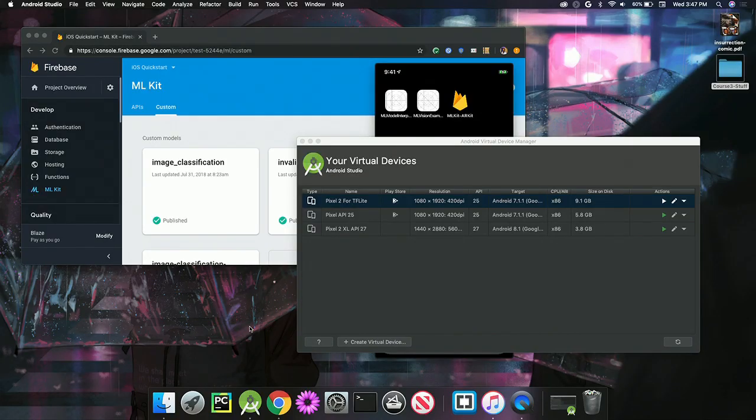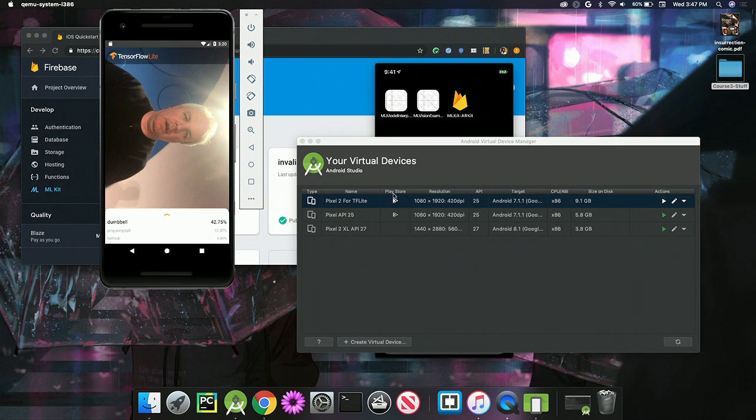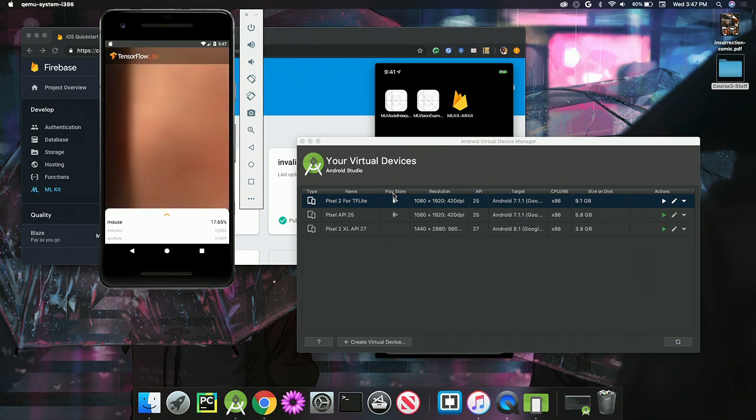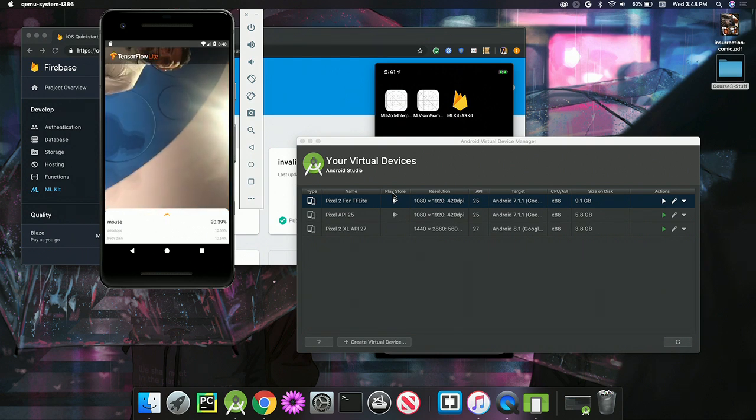All righty, so I'm actually going to run this on the Android emulator. What we can see running on the Android emulator now is a little app that's running in TensorFlow Lite. It's an open source app. You can go and download this now if you like. What this is doing is grabbing frames from the webcam. It's emulating the webcam using the front camera on my laptop, and then it's classifying those frames using MobileNet.